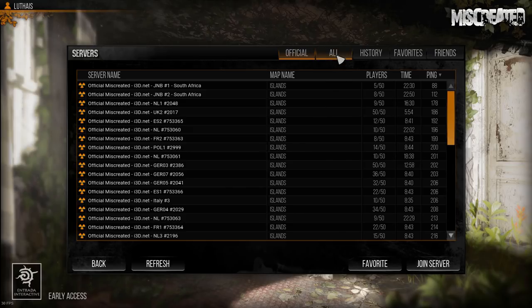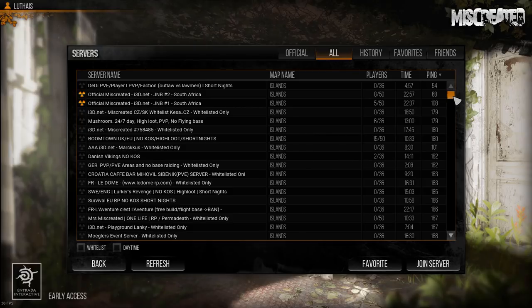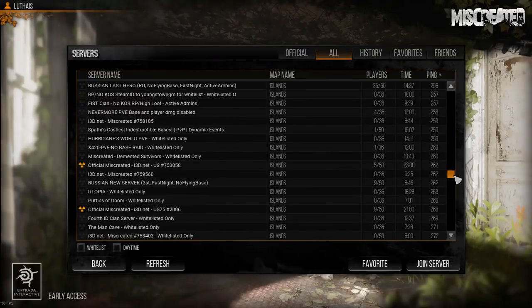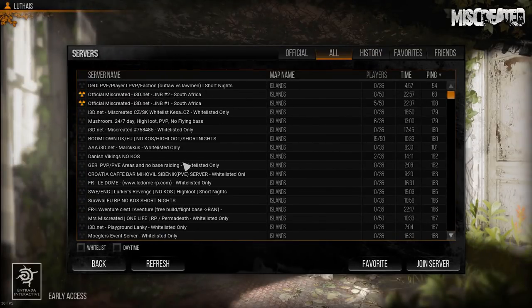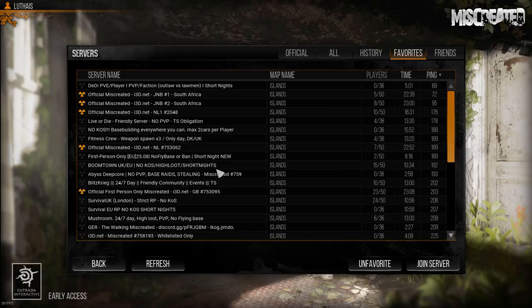Now, what I've done is I went and looked at all the servers, which are mostly not official servers, and there's a big list here, as you can see. For immersion purposes, I went through all of them in this past week, tried a bit of them, and added favorites. Now, I haven't played on most of these, but I'm just giving you an example of what options you've got. Here you can see there's a PvP server with factions. You can see another friendly server, no PvP, no kill on sight. There's one with weapons spawning 3 times faster and only day, first person only,